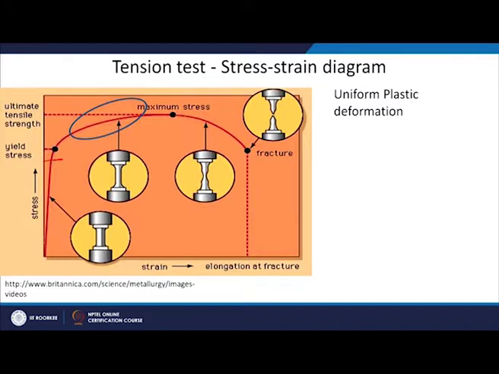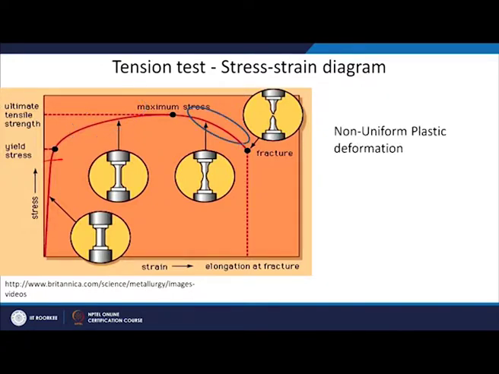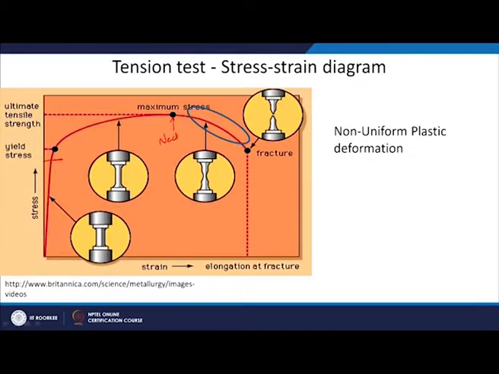After that you start seeing that there is a drop in the tensile curve, or the material is showing that it cannot take the load, and there you get the non-uniform plastic deformation. So now you can see in the gauge length, this was the initial cross sectional area before the necking, and now there is a phenomenon called necking which has started. It looks like a neck, so they call it necking. At this point necking starts in your sample, and that is why we are saying that now there is a non-uniform plastic deformation.